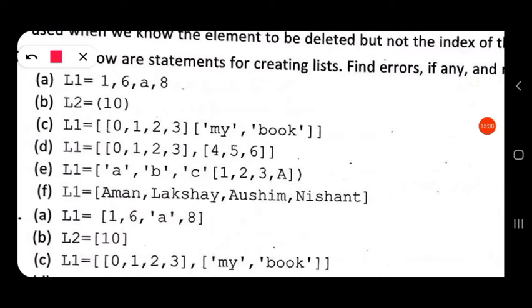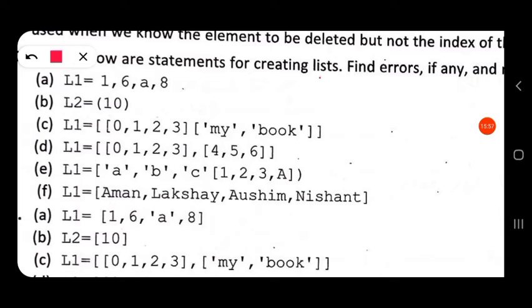Then L1 equal to [0, 1, 2, 3] and another list. So L1 is a nested list. Each list inside that list is also an element of that list. So there should be a comma after. A list is values enclosed in square brackets separated by commas.